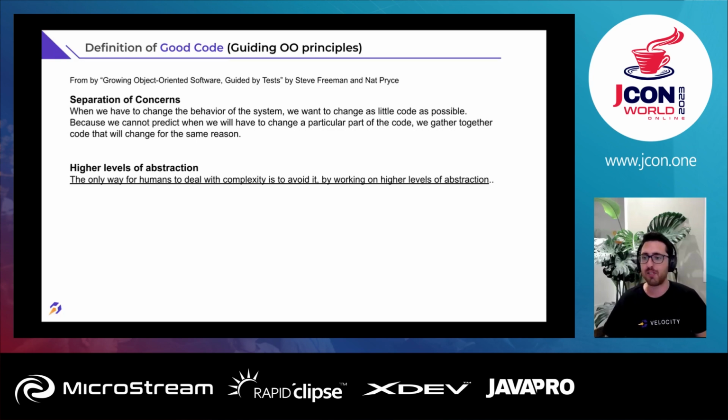And the second point is higher levels of abstraction. The quote says that the only way for humans to deal with complexity is to avoid it by working at higher levels of abstraction. We can get more done if we combine components of useful functionality rather than manipulating variables and control flow. That is why, for example, when we order food from a menu in terms of dishes, you don't get the full recipe and how exactly it's being made. Applying those two together, we drive our system in such a way that the code of our business domain is isolated from the dependencies and the technical components. It becomes much easier to test them separately, which is really, really important.